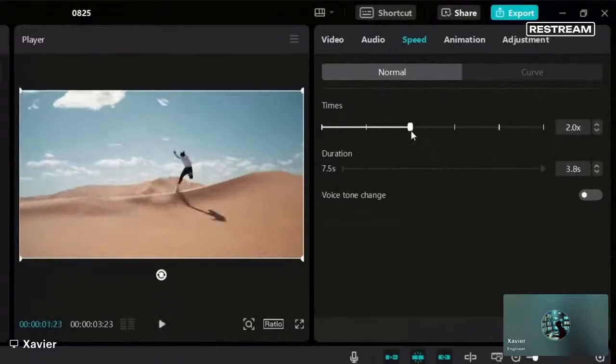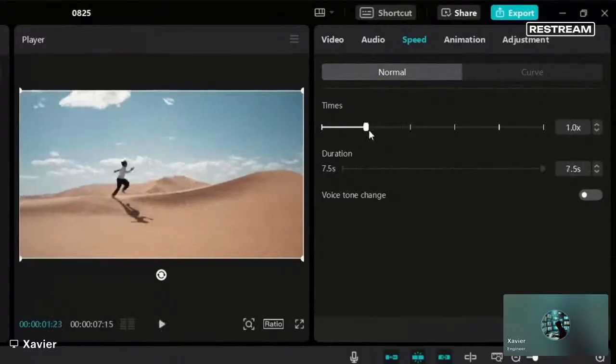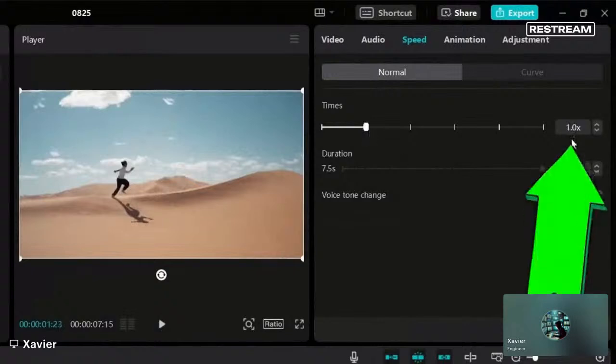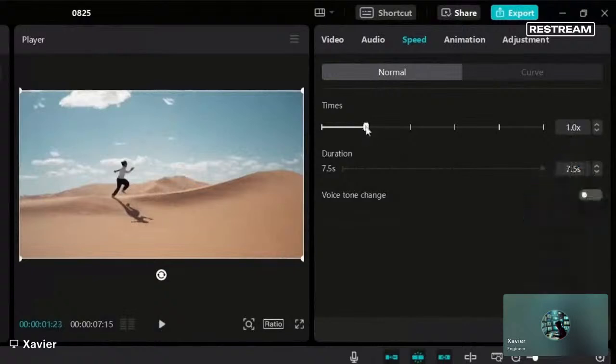But for slow motion, we want to drag it to the left. So here you can see by default it is 1x speed, right? If you want to slow it down, we bring it to the left. So if we continue, you'll see that he is now running